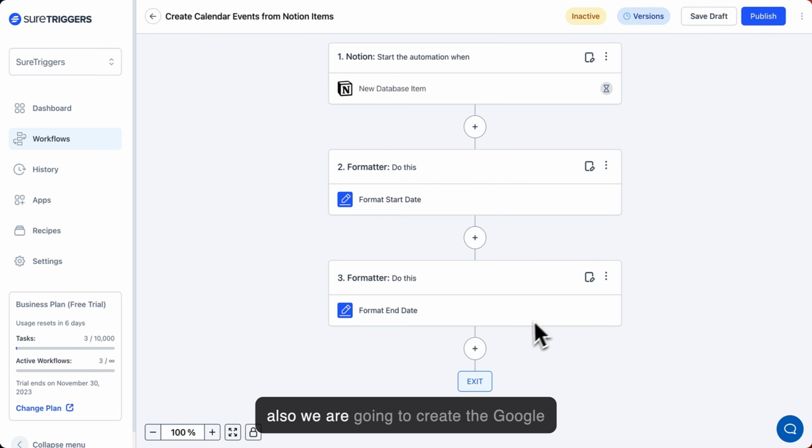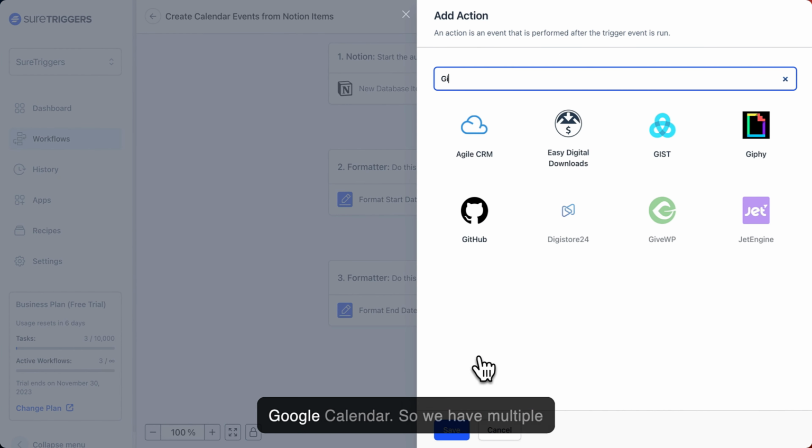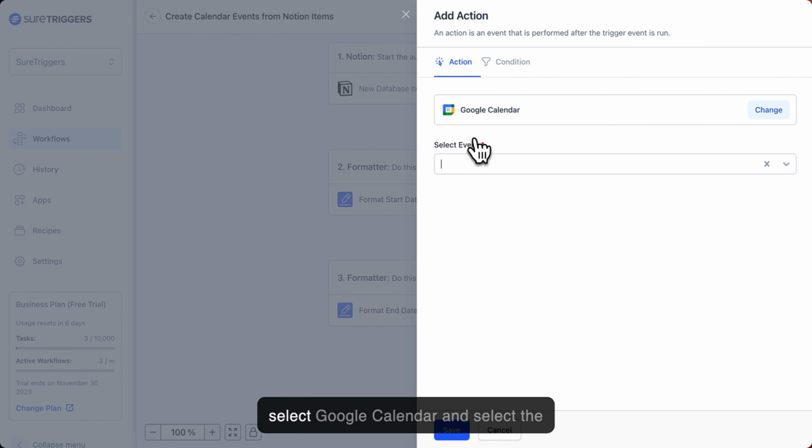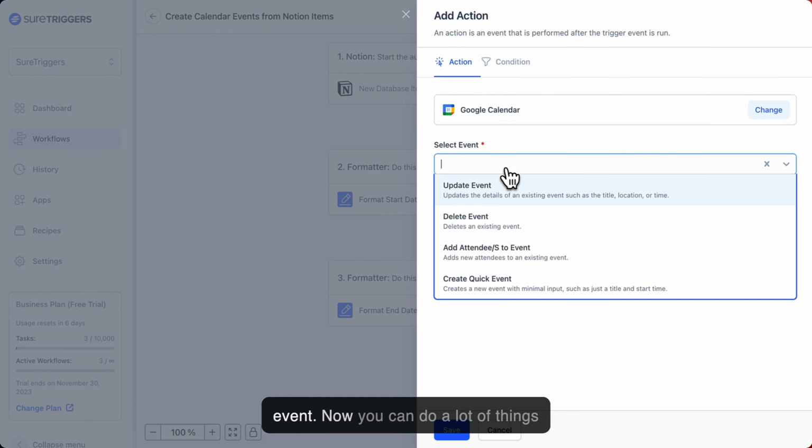Next, we are going to create the Google Calendar event. So for which I'll again click on the plus icon and search for Google Calendar. So we have multiple Google applications. We can simply select Google Calendar and select the event. Now you can do a lot of things like update event, delete event, add attendees to existing event, or create a simple new event from simple prompts. So we are gonna select this, create quick